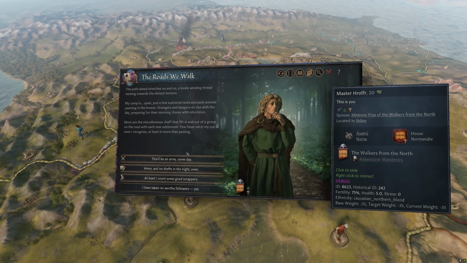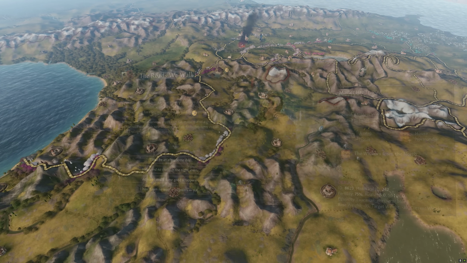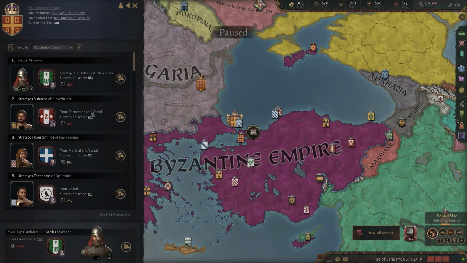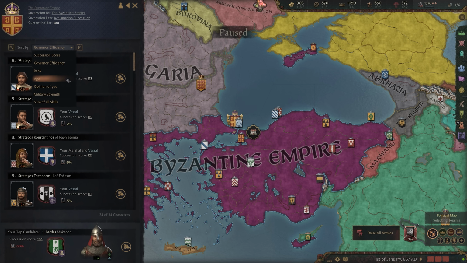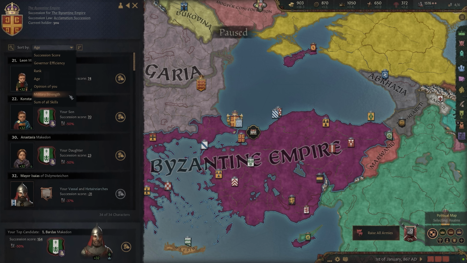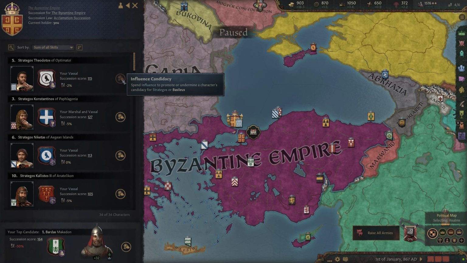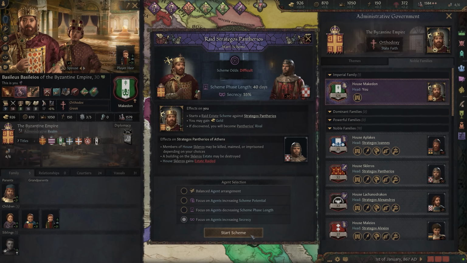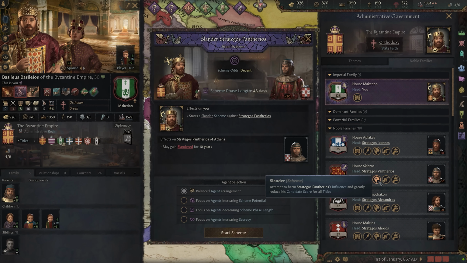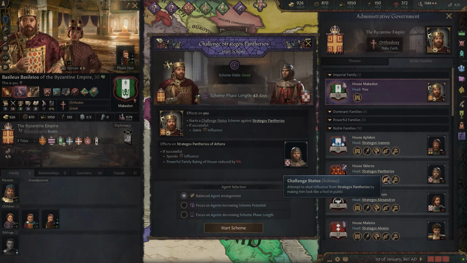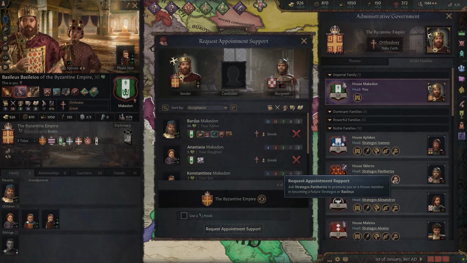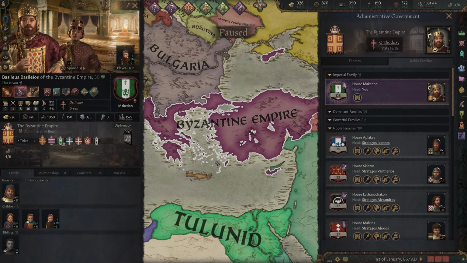You're going to have to appoint people to do the job of a governor, right? You want to find skilled characters and appoint them as governors and make sure that you have the best people available. But at the same time, as the emperor, you can kind of appoint anyone you'd like to. So maybe this is a good opportunity to appoint your family members. But then you also have to ask questions like, okay, do I appoint my troublesome niece that is not really good and expand my family's influence? Or do I actually find this skilled character to appoint as a governor and make the realm prosper and benefit the realm at large?